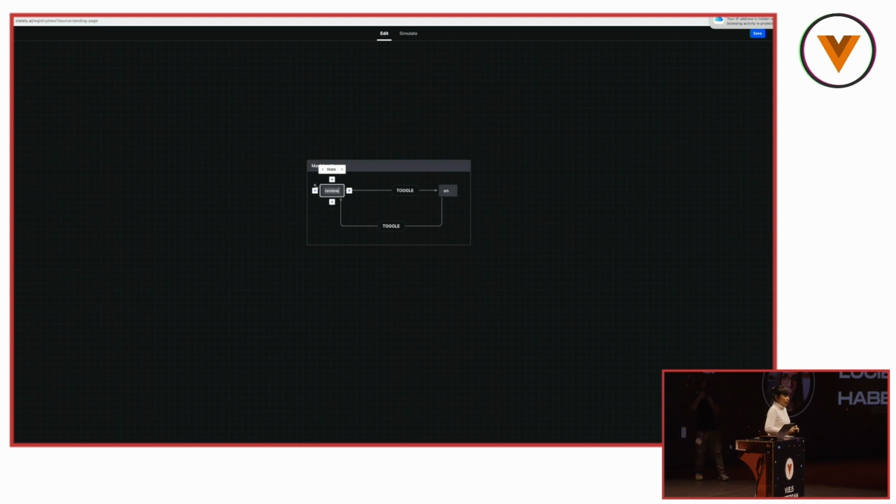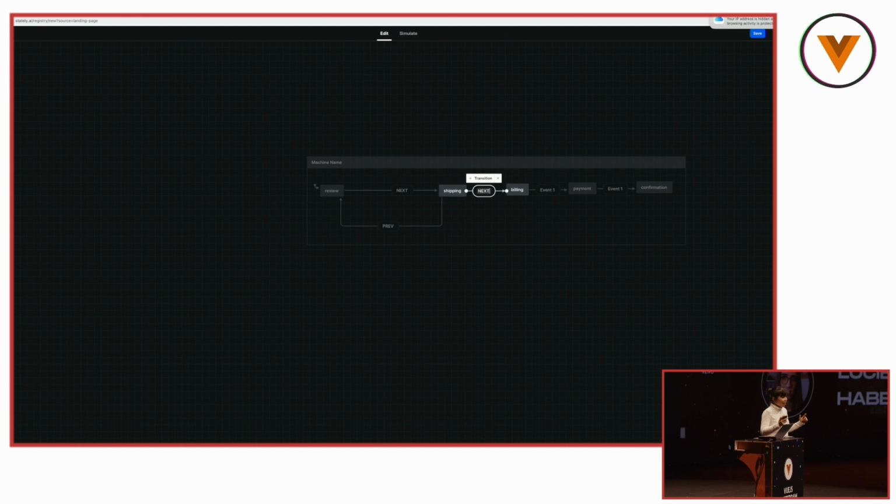So how does it work? For the checkout wizard I just showed, you can actually go to this website and build your own component, build your own flow, whether you want it to be from review to shipping to billing to payment to confirmation for the checkout. That's how it usually flows. And then you can also add the connection, which event will make the transition from this view to that view, and what makes the connection between these two components together. Let's say from review to shipping, we have next, and from shipping back to review, we have a previous